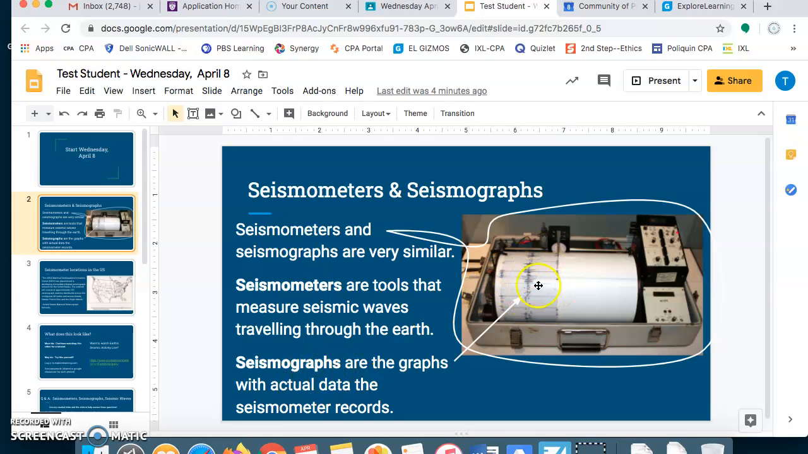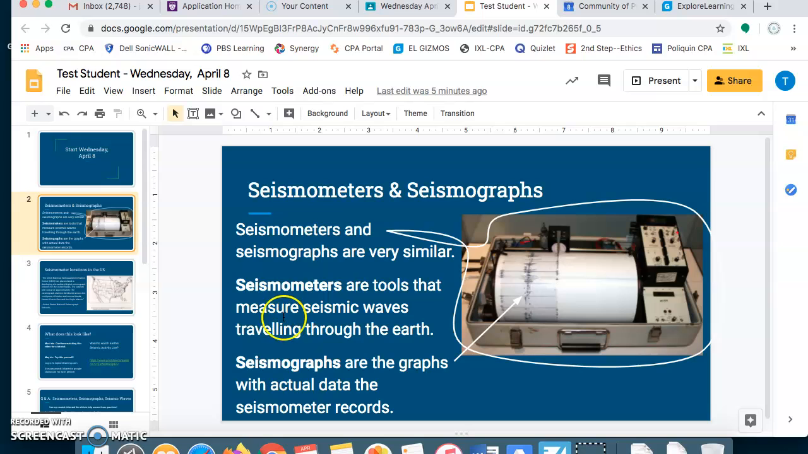Seismographs are the actual graphs that get made from the seismometer. So you can think of seismometers and seismographs as kind of like a computer. The seismometer is the computer, the tool, but the seismograph is like this Google slide. It's what the computer can actually make,